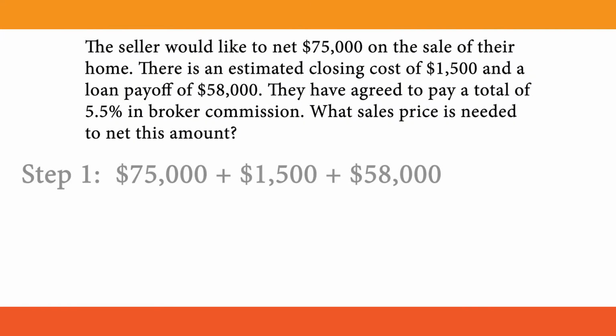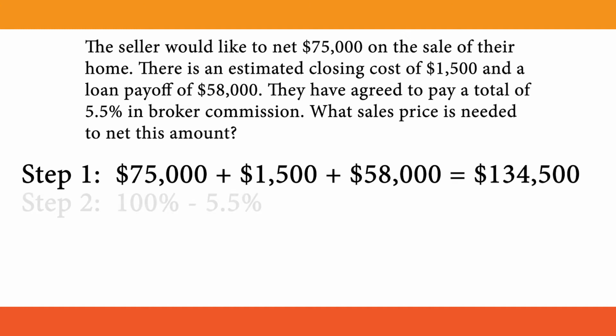Let's take the desired net amount, $75,000, plus the closing costs of $1,500, plus the loan payoff, $58,000. Add these three together to equal $134,500. For Step 2, let's take 100% minus the commission rate, 5.5%. 100% minus 5.5% equals